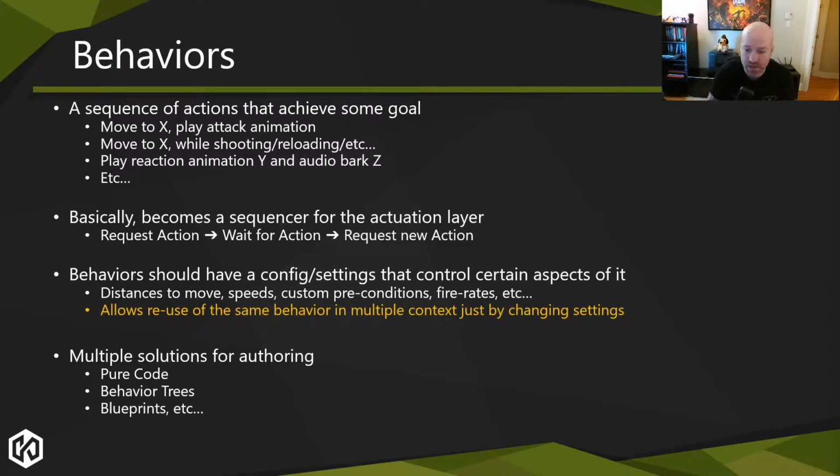Or you might want to say, hey, I have a melee attack behavior and the settings are which attack, at which distance can I trigger the attack, and some other settings that maybe a designer wants to reuse. And then they can put that melee attack behavior in like 10 places with slightly different tweaks, and have a lot of variety in the AI without you having to necessarily write new logic for their behavior or whatever else is there. There are multiple solutions for authoring these behaviors.